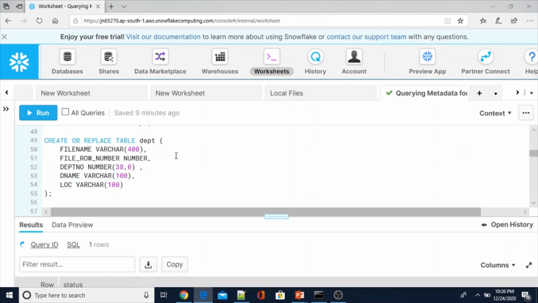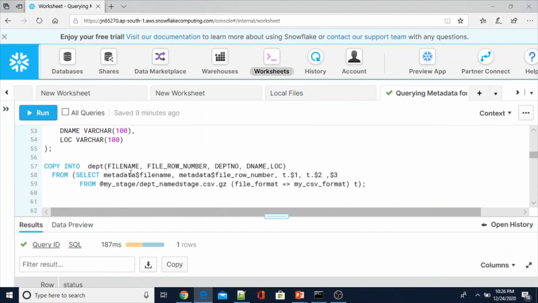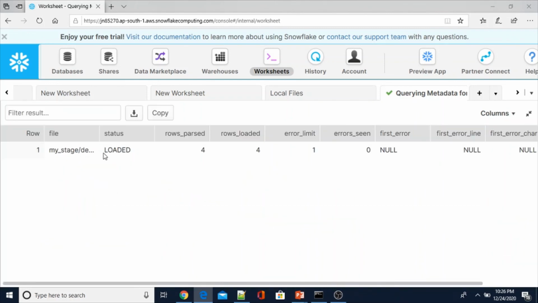Let me create the table. Created the table. This is the copy command. Here I am using the 5 columns including metadata columns. Now loaded: 4 rows parsed, 4 rows loaded. We didn't have any error.